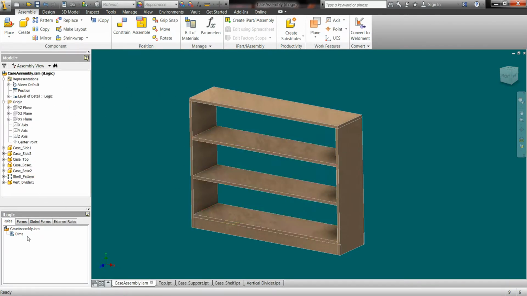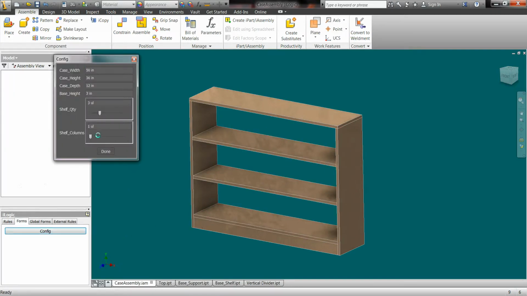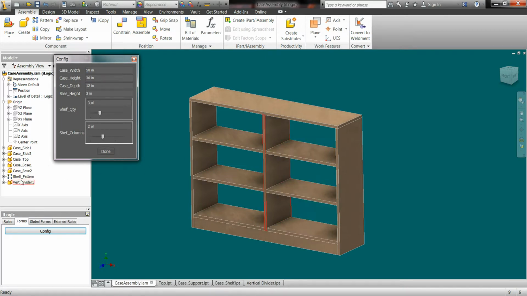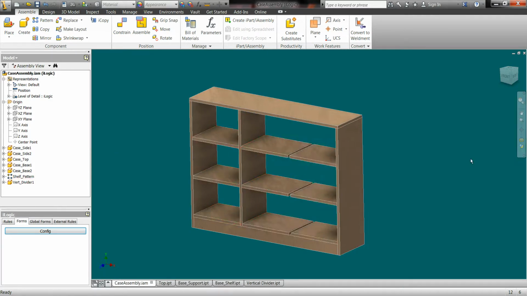That's a custom level of detail. Now when I run my rule, that part is suppressed. So now I've got that on there. So I go to my forms, and when I go back to 2, that divider turns back on. It unsuppresses. I go back to 1, it's suppressed, back to 2. Now if I go to 3, you'll notice that I only have 1. So I need to have a